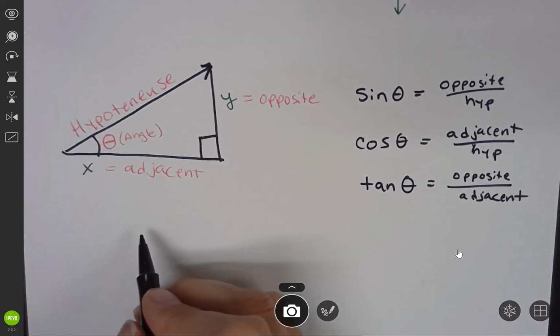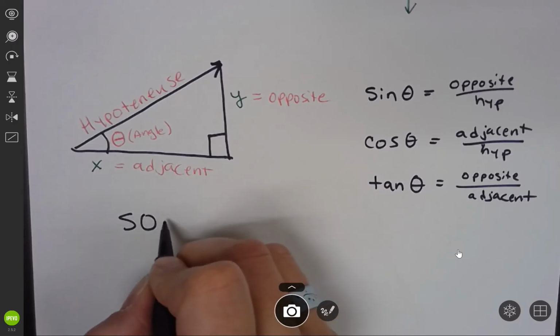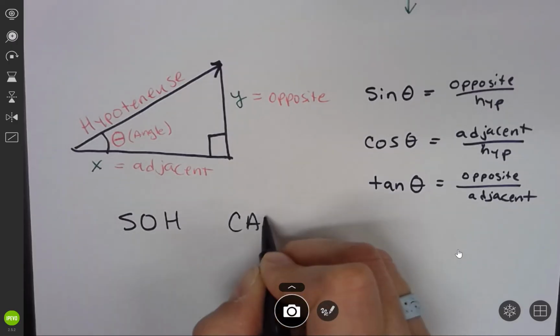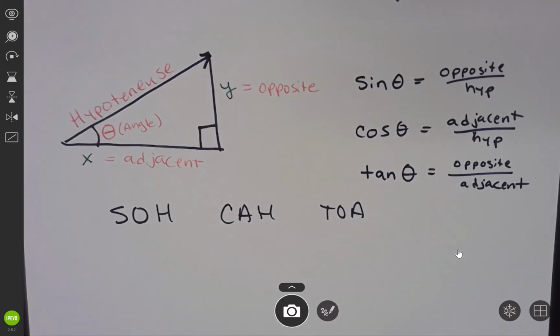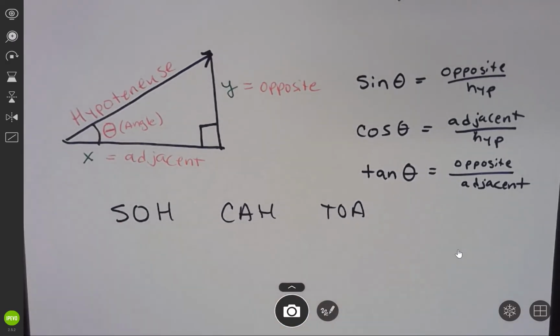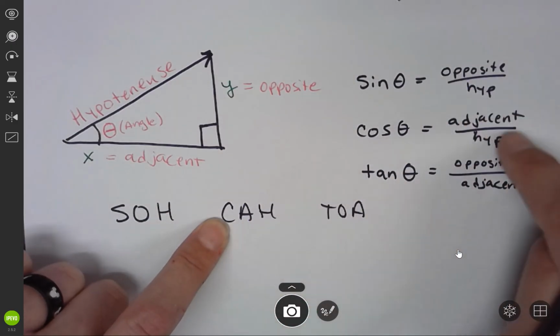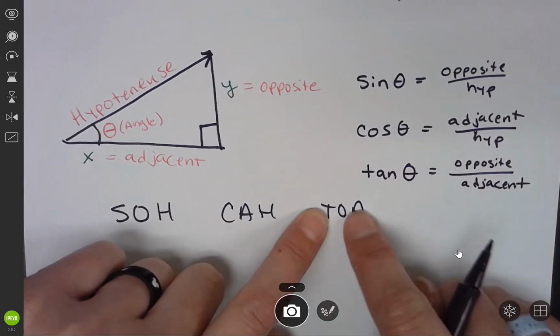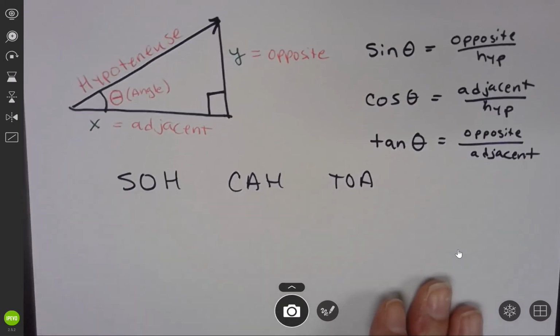And you will often hear these trig functions referred to with the mnemonic device called SOHCAHTOA. Every math teacher who's ever taught geometry has probably used the word SOHCAHTOA to remind you of these trig functions. Sine is opposite over hypotenuse. Cosine is adjacent over hypotenuse. Tangent is opposite over adjacent. So that's how we remember them. So for the purpose of today's